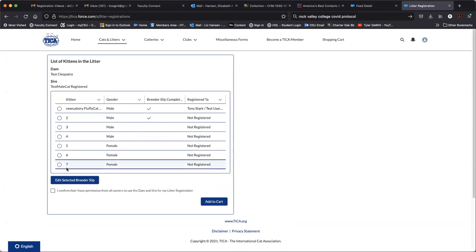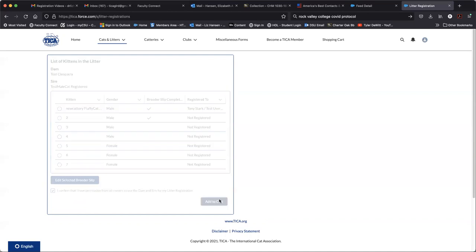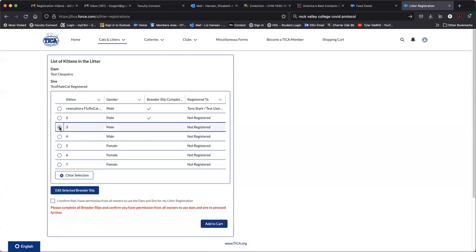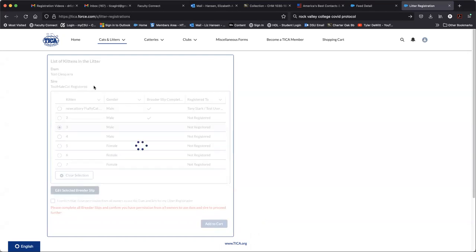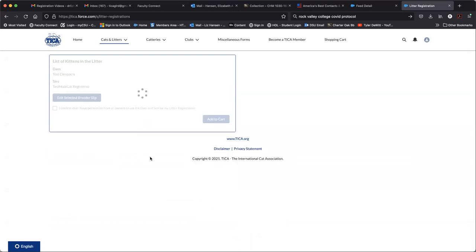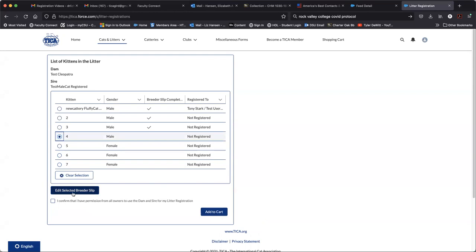I'm going to go through each one and do this, and you should see a check mark next to the breeder slip completed. When you finish all of them, you need to click I confirm I have permission, add to cart, and you'll notice I didn't do the breeder slips on the other 5 cats. So I need to go through quickly and do that. Select the breed, select the color. Do that for each of these. I won't walk you through all of that. Click Add to Cart,